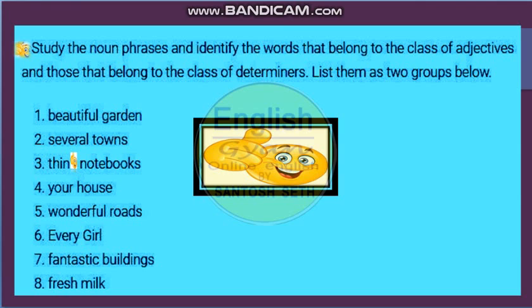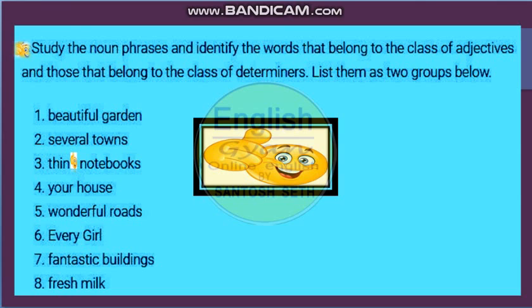Now I am going to start one game. All of you should be ready with your CW notebooks. There you have to make 2 columns, one for adjectives and the other for determiners. I am going to give you 30 noun phrases in which some of them will go to adjectives and some will go to determiners.